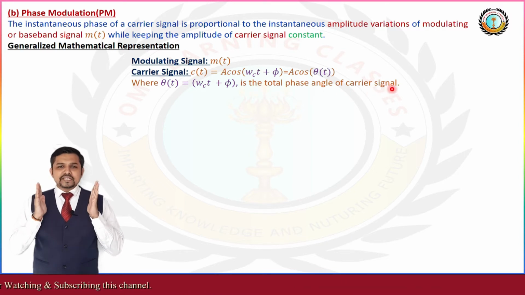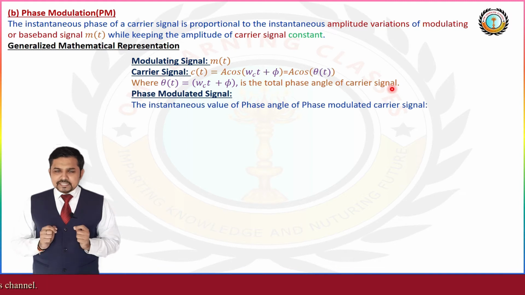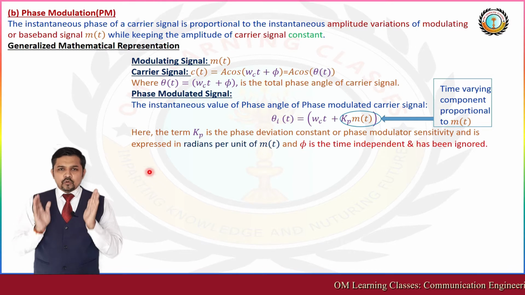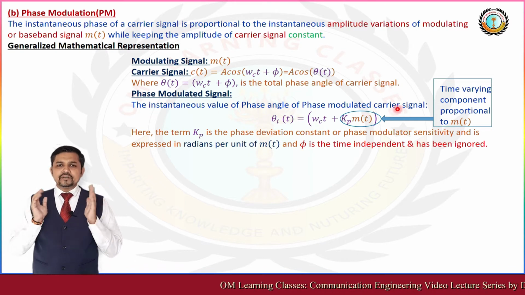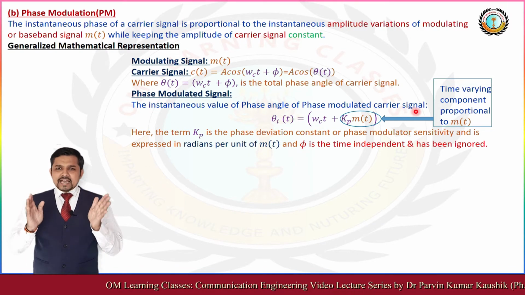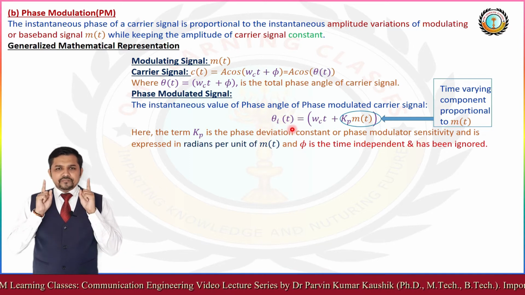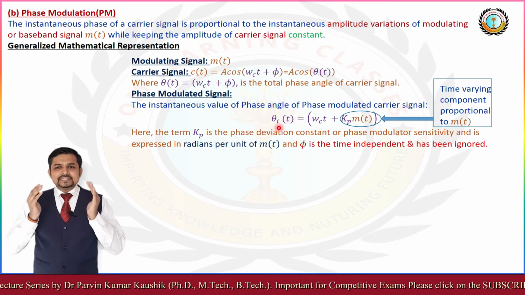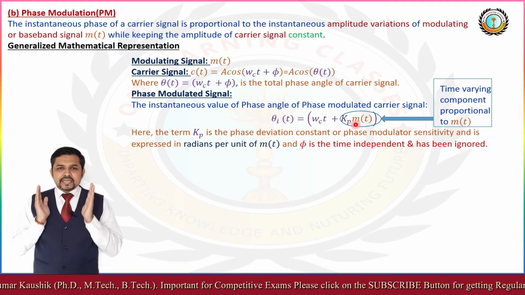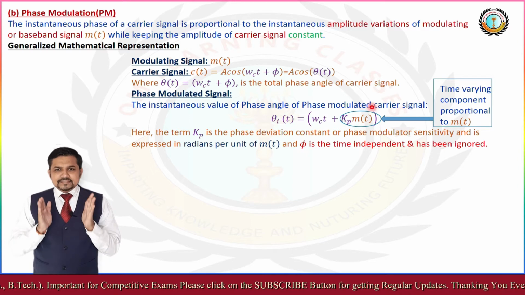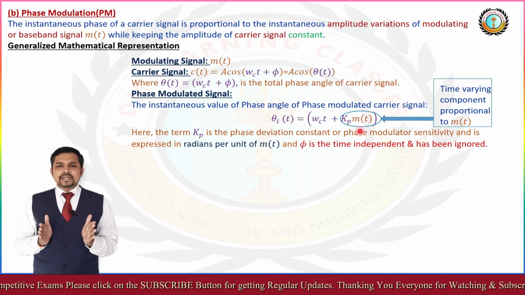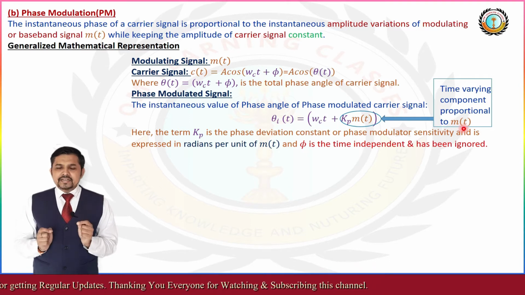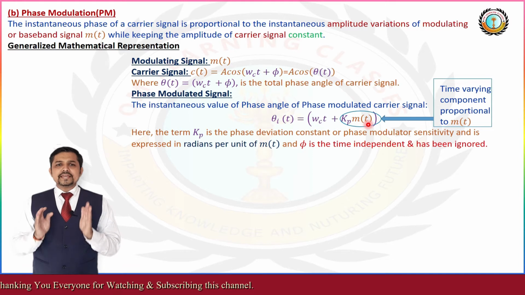So as per the definition of phase modulated signal, the instantaneous value of the phase angle of the phase modulated wave is represented as theta_i(t), where i represents the instantaneous total phase angle, and that is equal to omega_c t plus Kp into m(t). This Kp into m(t) is the time varying component proportional to m(t),